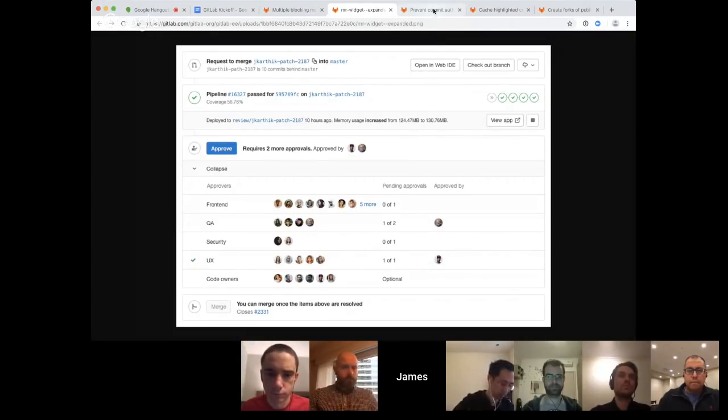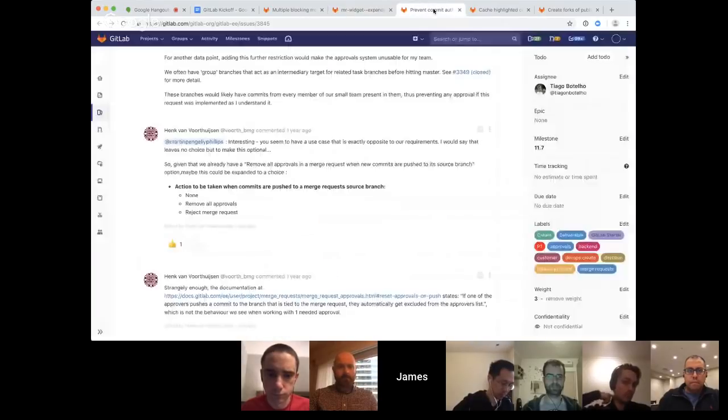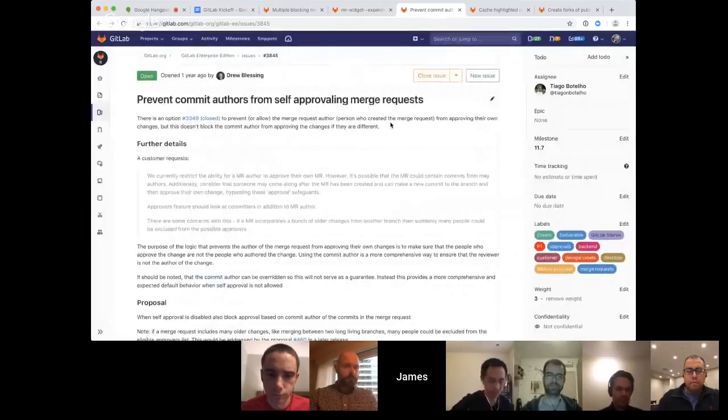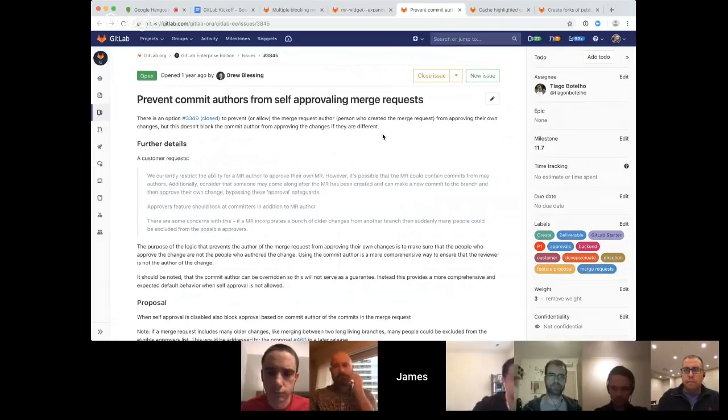The next change that we're working on is to do with self-approval of merge requests. A few releases back, we made it possible to turn self-approval blocking off. So by default, the merge request author could not approve their own merge request. And really this behavior is to make sure that the user who's introducing a code change isn't the person who's